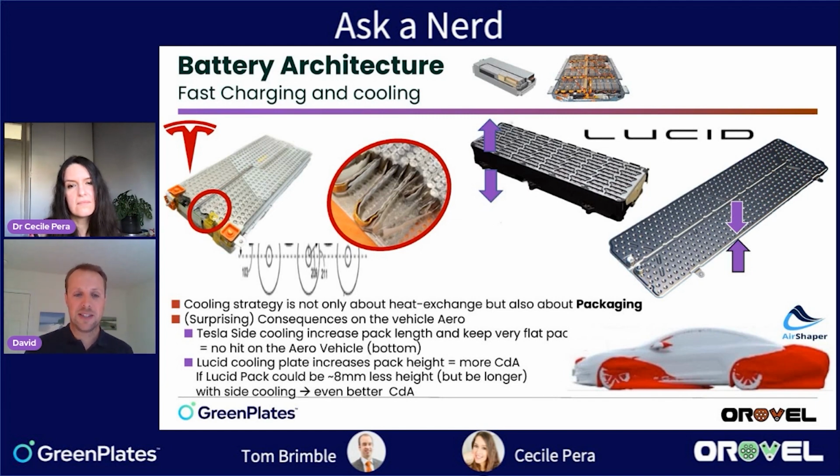But the big thing really is that you've got to always think of these things in the bigger picture. That's what the systems engineers really do. So thinking about it at a vehicle level, Lucid have put the cooling plate underneath the cells, and that's automatically increased the stack height of their battery pack, maybe by 8 millimeters or something like that, which on their vehicle, if the battery height translates into the actual total height of the vehicle, if reducing the battery height meant that they could bring the roofline down a little bit, they possibly could have had another 0.5% improvement in the drag area of that vehicle, which is something they already spent a lot of energy